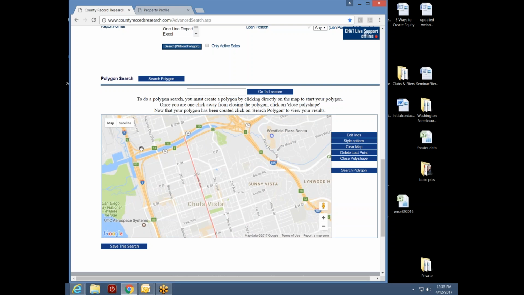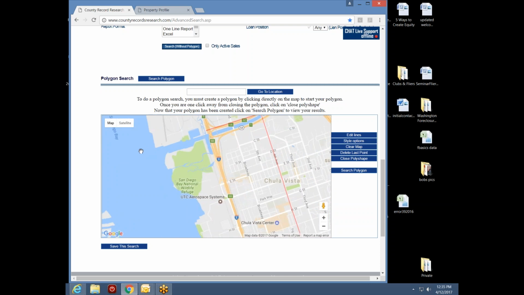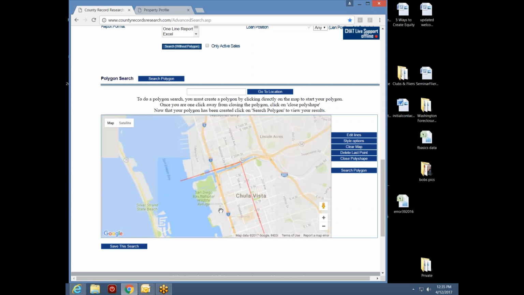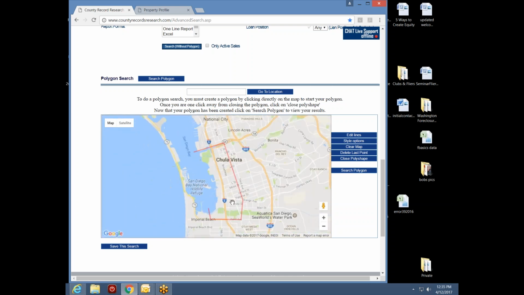Then I'm going to follow the 54 out to the ocean, and let's zoom out. Let's zoom out further. So see what I just did. I created a polygon that is inclusive of that small area where her place was, but I've also included everything from the 54 all the way down to Palm. Now, can I make it a much smaller box? You bet. I could make it just wrap around that one target area if I wanted to, but I've decided that I want to cover this whole range.